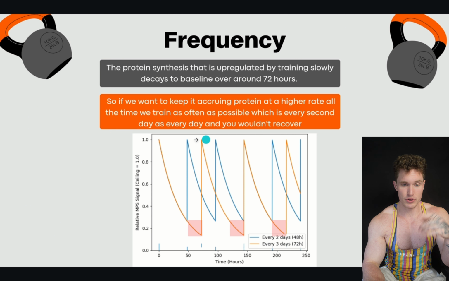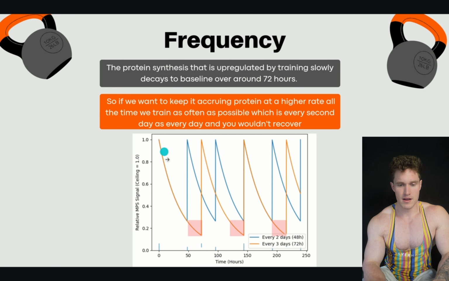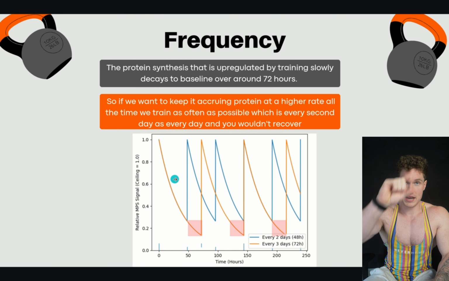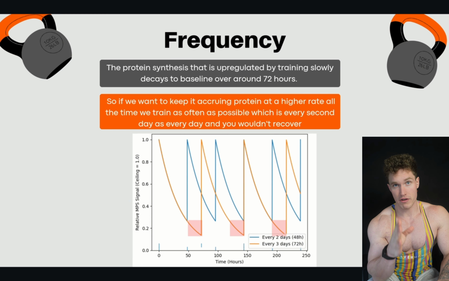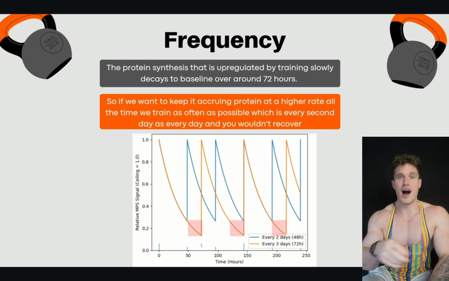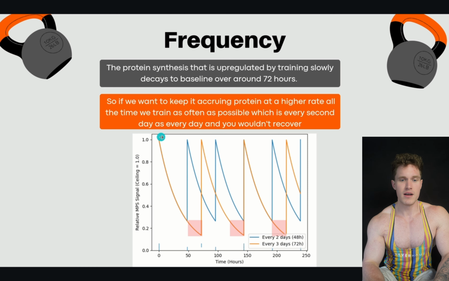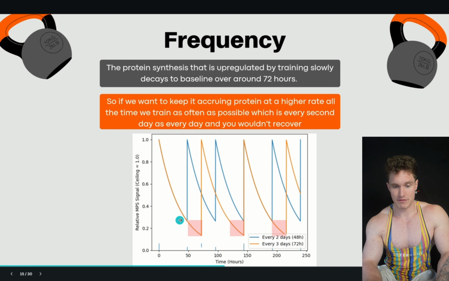Versus if you're doing, say, this blue line, which is under this orange line at the beginning, every second day you do it, it starts to slowly fall down, and before it even hits 0, you're actually peaking it again. So it's accruing protein at a high rate often, as long as you can create a stimulus big enough in those days to spike it higher. Same with this 3, it's still pretty good, but if you even just go from every 3 days to every 2 days,